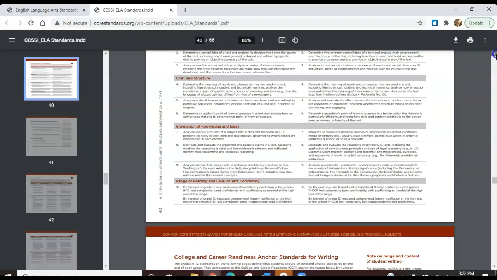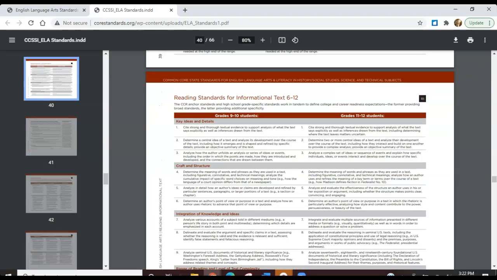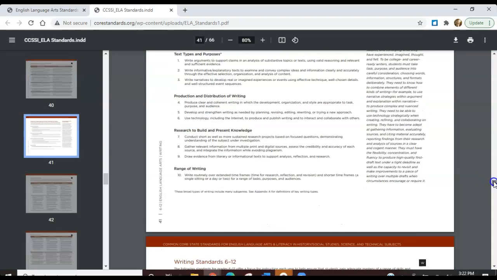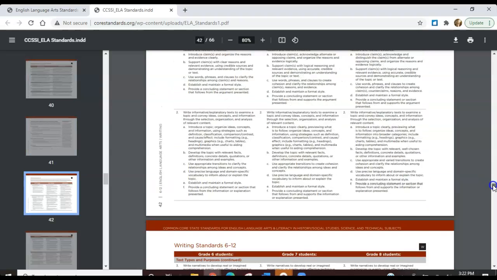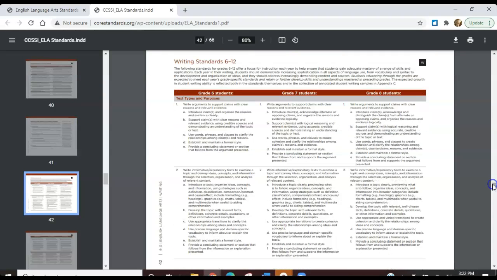So where was I looking here? This is grade 9 and 10. I don't want that. Writing standards for 6 through 12. Aha, here we go. Grade 6. Okay, writing standards. Let's just look at writing arguments, and let's just take this first standard: introduce claims and organize the reasons and evidence clearly. I'm going to copy and paste that